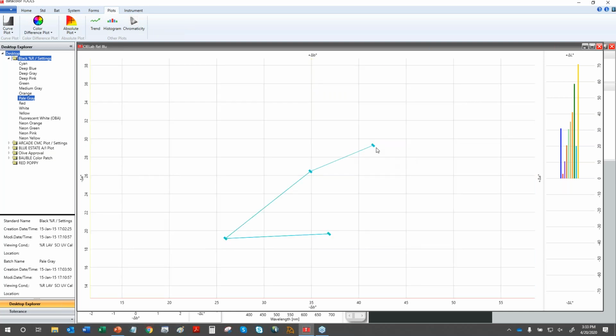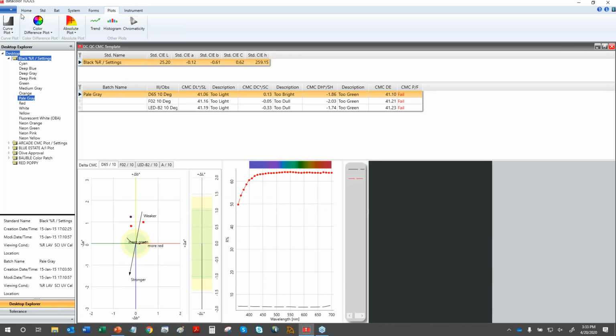For some other shades, let's zoom in here. This represents the red color. And for the red, here's D65, F02 is here, and the LED is quite a bit different this time. So we know that this particular red is going to look a lot brighter and cleaner in my LED than it does in the cool white fluorescent. So this multiple CIELAB illuminant graph is an interesting way of evaluating how samples would change from one light source to another. Another very useful function for the multiple CIELAB illuminants is, as we saw earlier with the reflectance curve, to determine whether or not samples themselves will have different